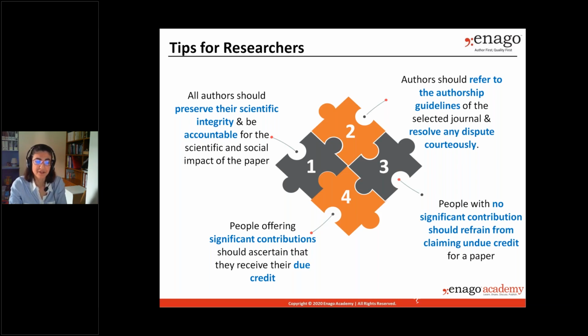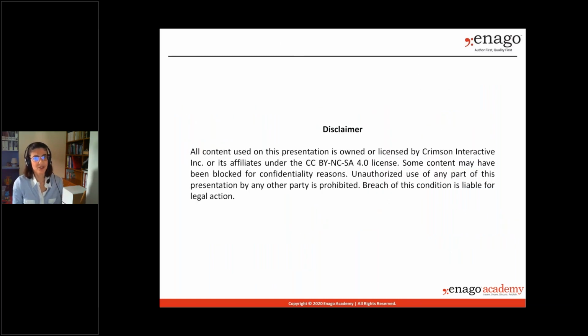People offering significant contribution should ascertain the due credit. This can be in the author list, and if they do not meet all the criteria to be in the author list, it should be in the acknowledgement. So I hope with this information that you have now had a